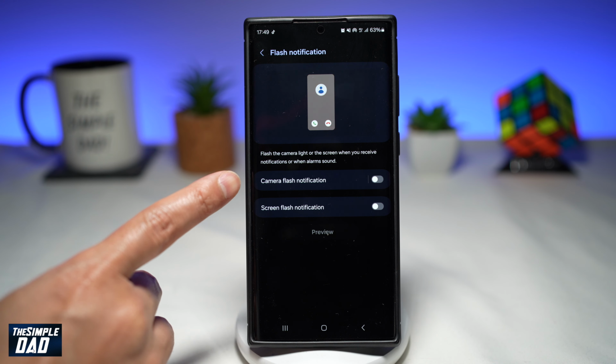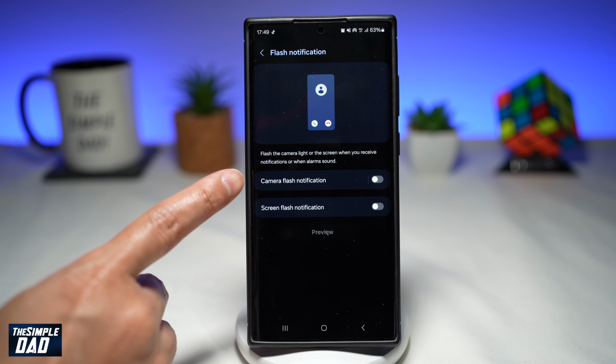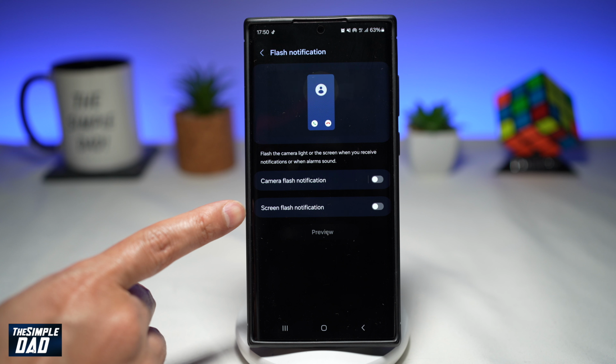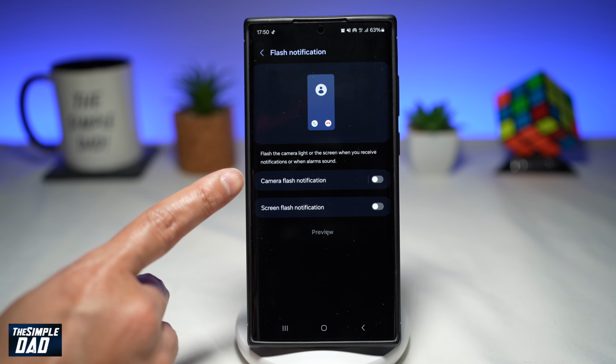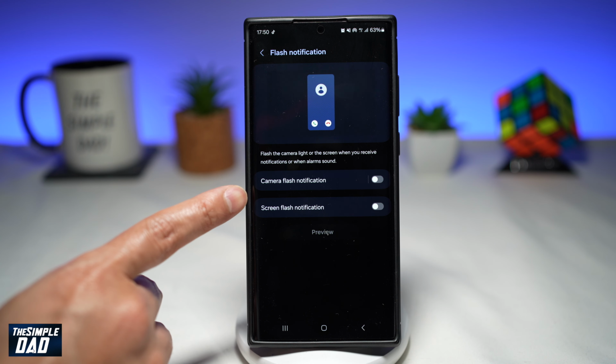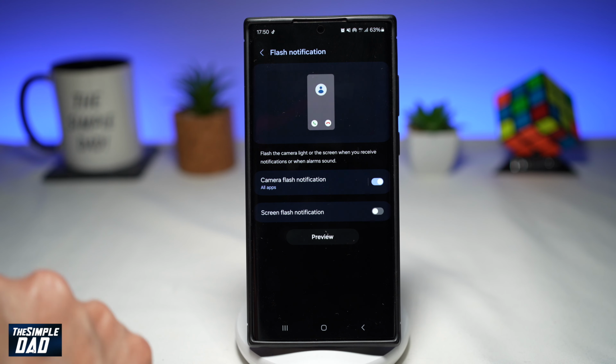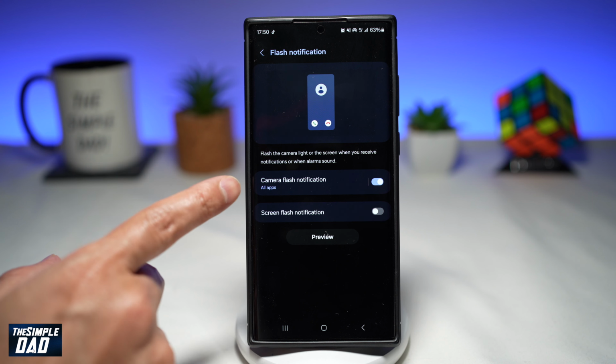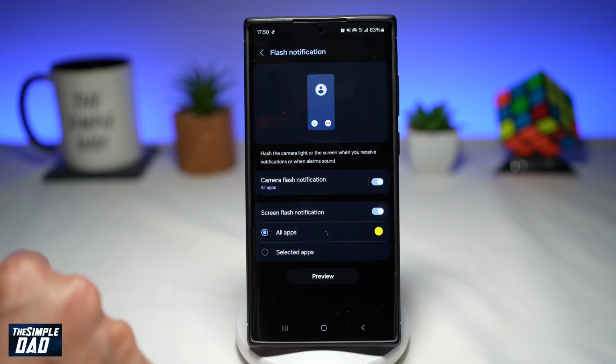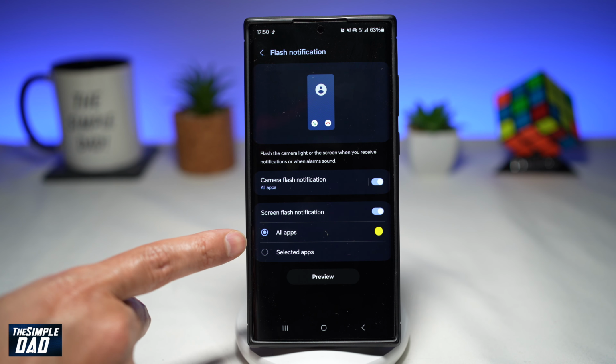So here you've got two options. You've got flash notification or your screen flash notification. So when you receive a notification, any of these can be turned on. So we'll go ahead and turn on flash notifications for all apps and screen flash notifications for all apps or